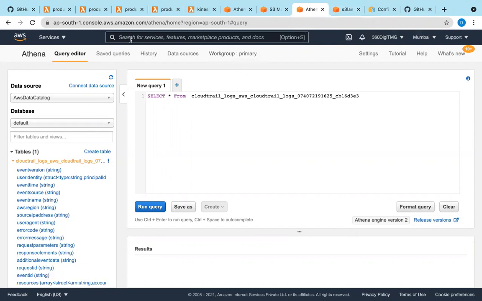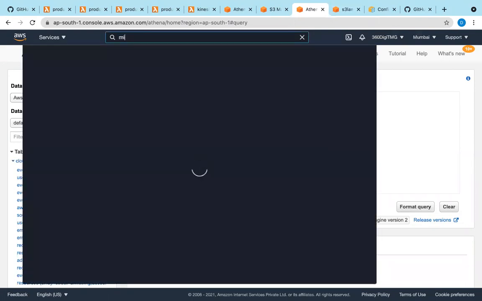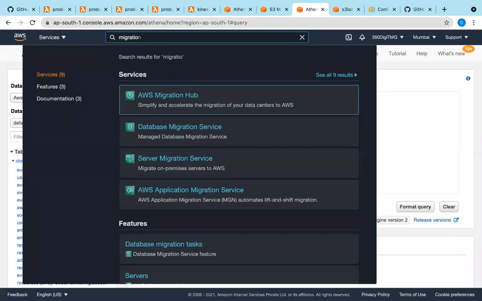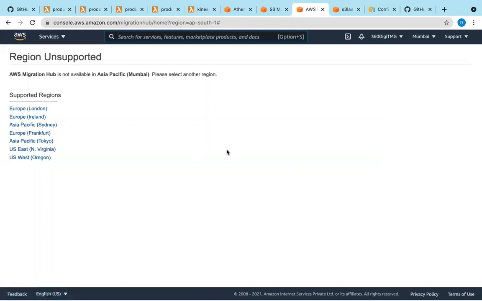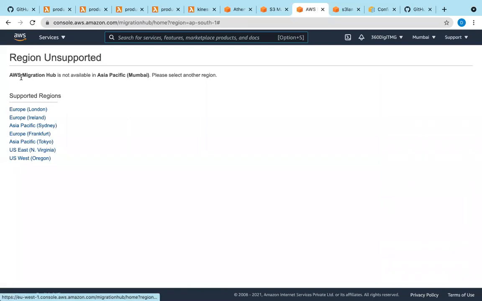Suppose we have an on-premise server or on-premise database, let me go to migration. AWS Migration Hub is not available in Mumbai.